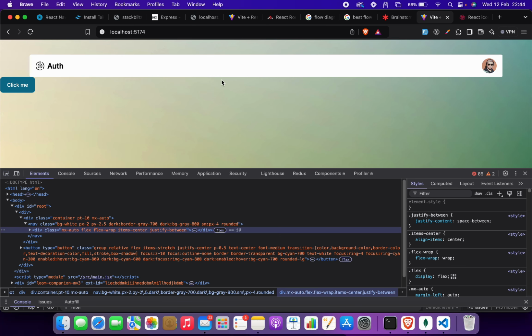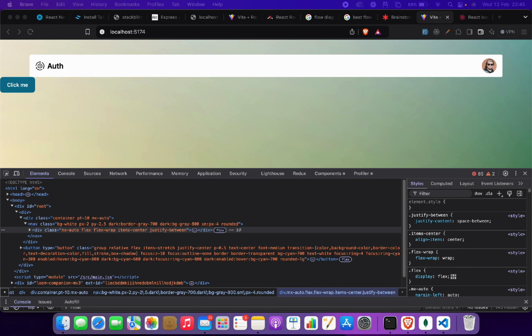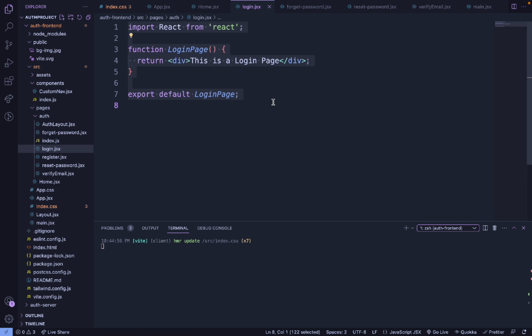Now this one is the navbar, and we are giving some icons and auth. Inside there you will get the username and then the email. Now quickly I'll go to the login page. Inside the login,